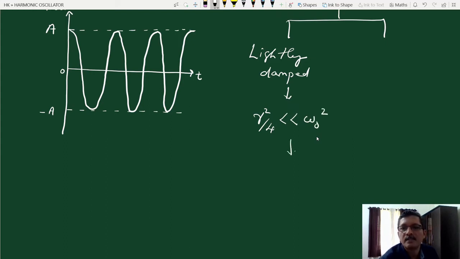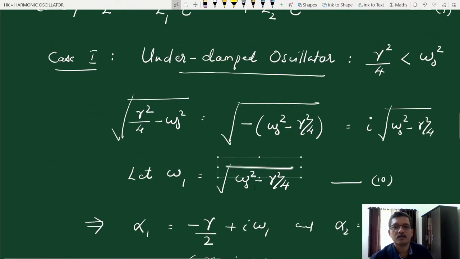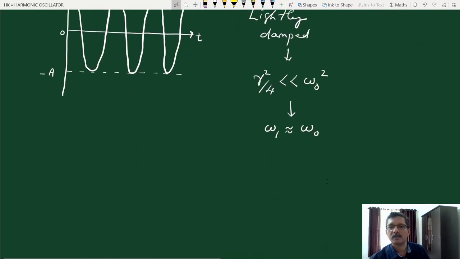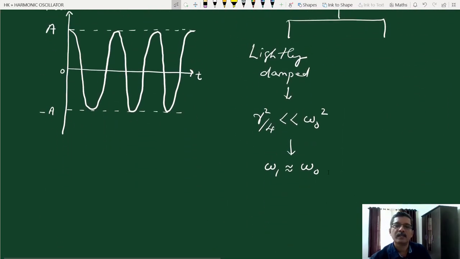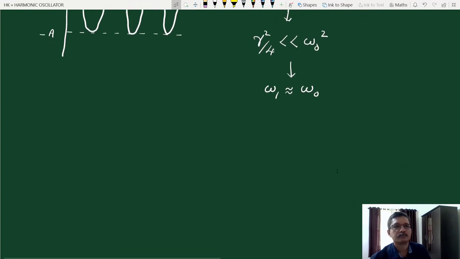So what you get is that omega 1 will be approximately equal to omega 0. We know the expression for omega 1: omega 1 is the square root of omega 0 square minus gamma square by 4. So in the underdamped case, generally gamma square by 4 is less than omega 0 square. But if gamma square by 4 is very small compared to omega 0 square, omega 1 will be very close to omega 0. So in that case, the damping is very low. If you draw a lightly damped oscillator here,